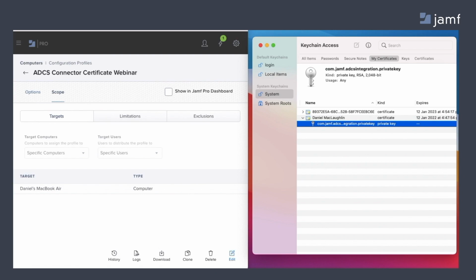In order to remove this message, you would look at deploying the root certificate of the server in order to establish what is called a trust chain. I would also like to point out that this device was not bound to Active Directory or any other directory service, and it was on a guest network that had no direct communication to the certificate server. Instead, it was only talking to Jamf Pro, and then Jamf Pro made the certificate request before deploying it